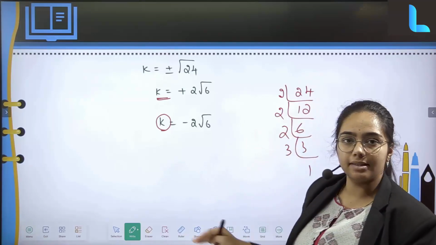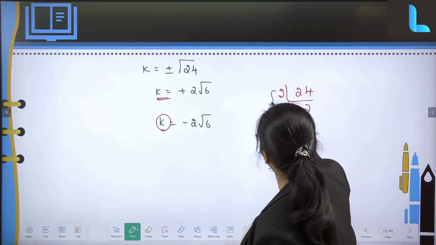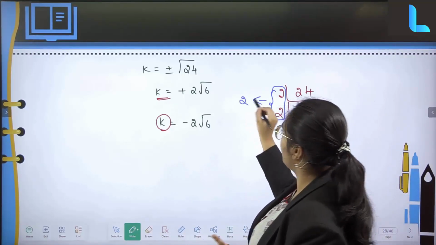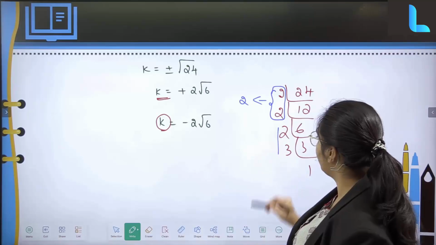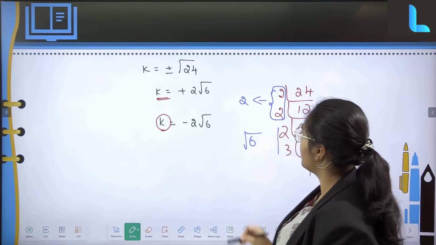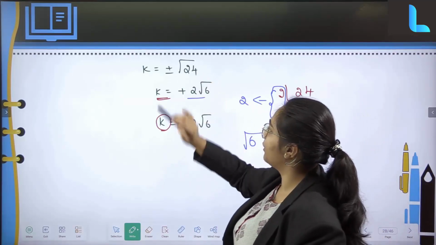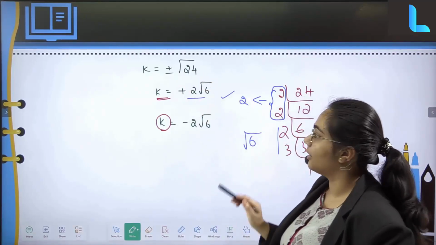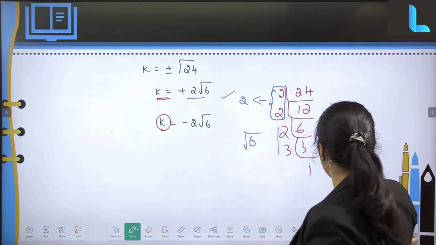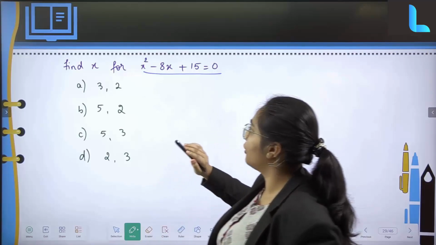So when we have to write it in the simplest manner, a minimum of two numbers has to be paired. So over here only two 2's is what I can pair at one shot. So these two 2's become one 2. Now again I have 2 into 3, it is two different numbers. So 2 into 3 is going to be 6. So this has to be written inside the root. So that is how I get 2 root 6. Right. So you have plus or minus, always considering a positive number. So the value of k is going to be equal to plus 2 root 6. Clear?